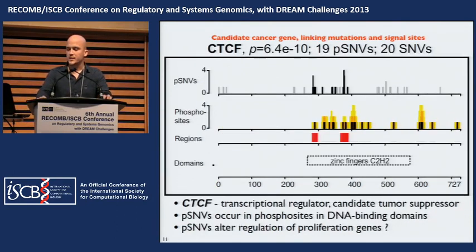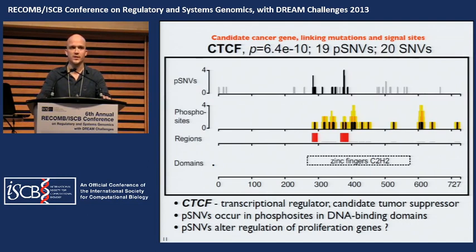As a less characterized cancer gene, we show CTCF, which is a multifunctional transcriptional regulator, which has been predicted previously as a tumor suppressor, but not really in high-throughput studies. We find that it has a number of mutations near its DNA binding domains, which also coincide with the clusters of phosphosites. And the previous literature shows that